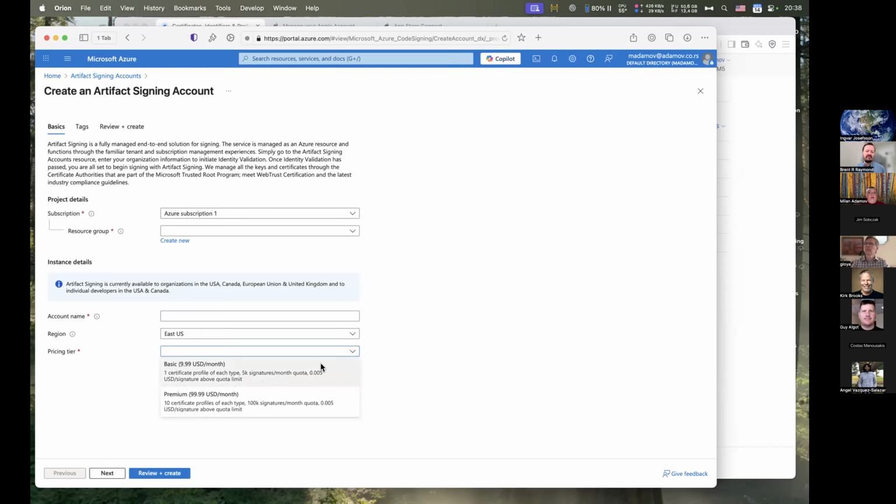So basically $10 per month. Actually, this was $12 for me because I was paying that, as I told you in the beginning, I could use it. It was $12 because Serbian VAT is 20%. And with premium, you see, the basic tier has only one certificate profile with 5K signatures per month. Here you have 10 certificate profiles, so you can use a different one for each application or project. I suppose if you have so many projects, $100 per month is not much.